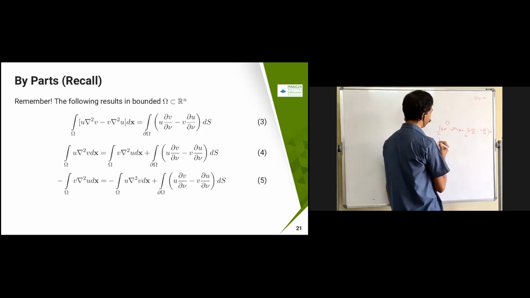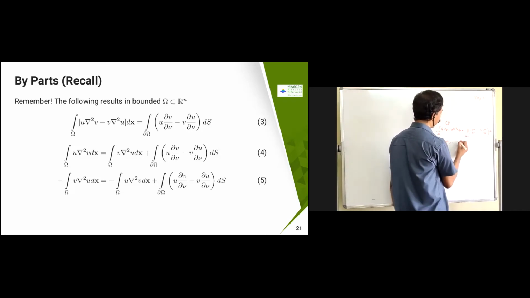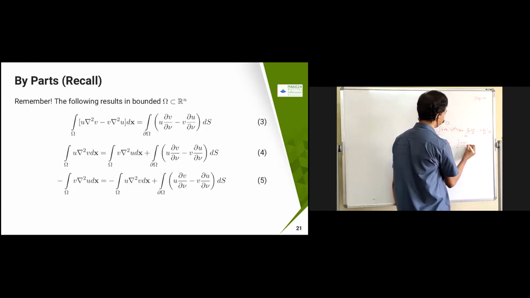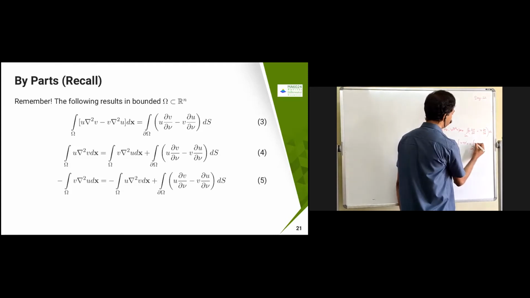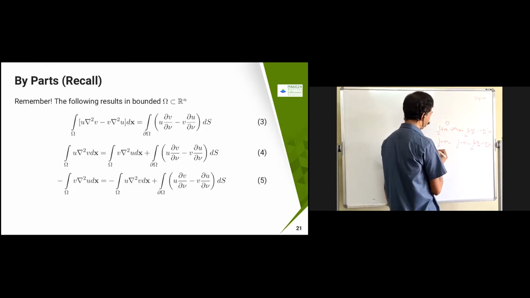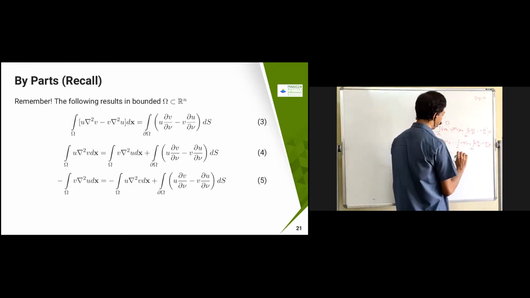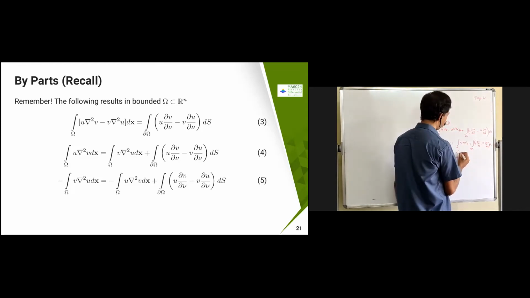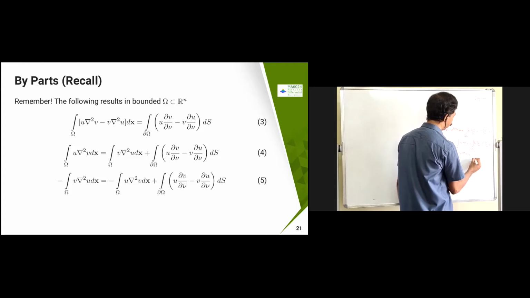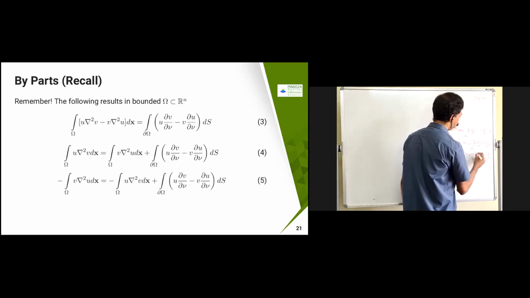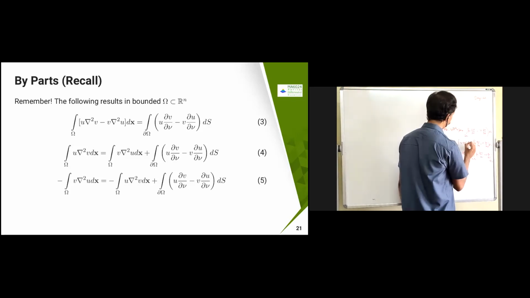Number two, I can rewrite the same thing. The integral of u del square v equals, bringing this over here, the integral over omega of v del square u plus the integral over the boundary of omega of u dou v by dou nu minus v dou u by dou nu, ds. In the same way, I keep this one here and bring the other things over: the integral of v del square u equals the integral over omega of u del square v, with a minus sign, plus the integral over the boundary of omega of u dou v by dou nu minus v dou u by dou nu, ds. Everywhere dx is there, just remember.